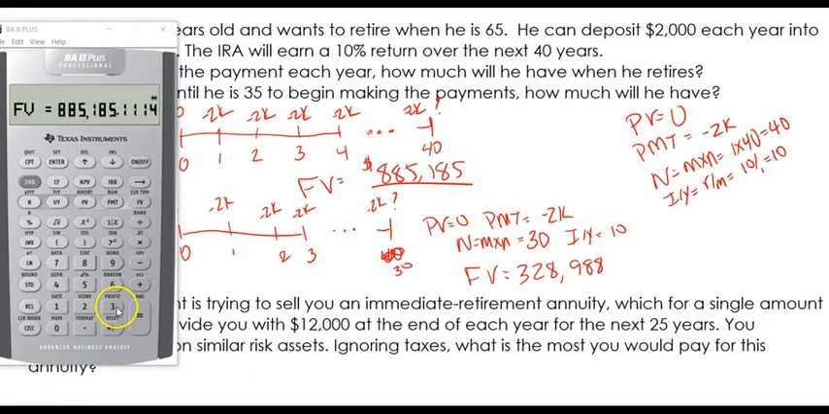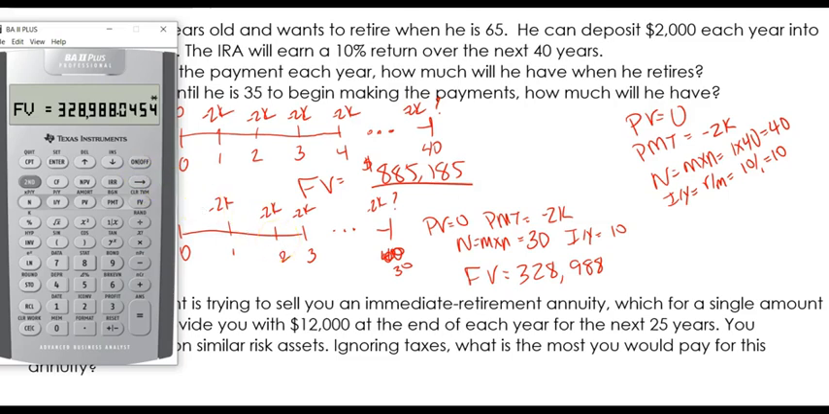So I'm going to keep the same inputs. I'm just going to change N to 30. I'm going to compute the future value. And we get $328,988.05. So by waiting 10 years, he has